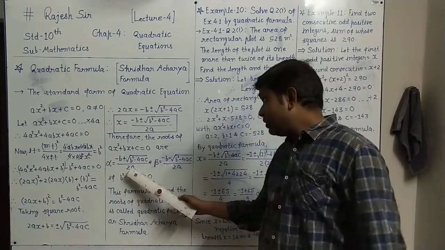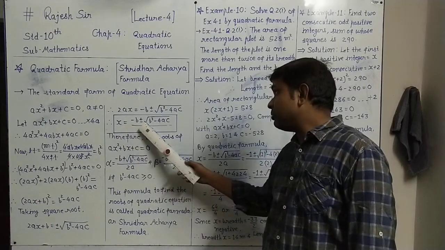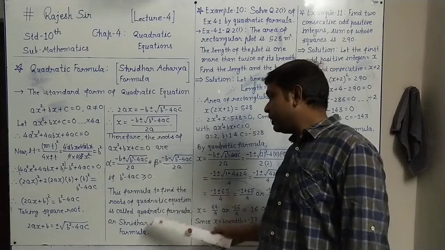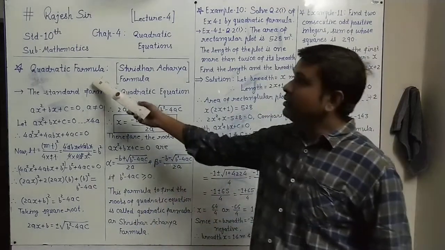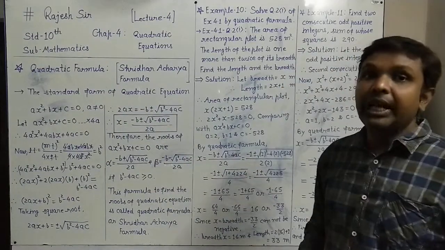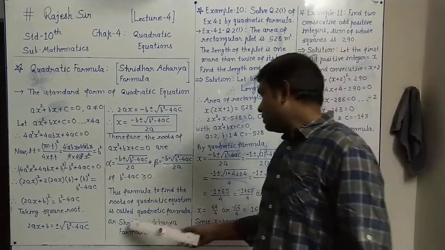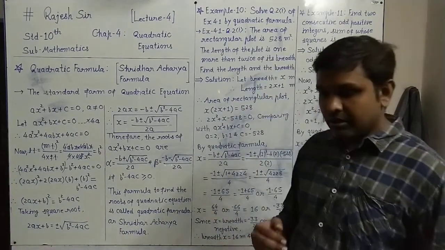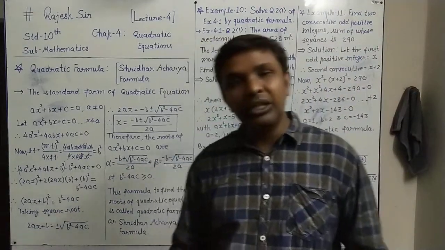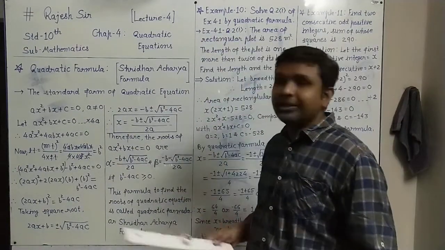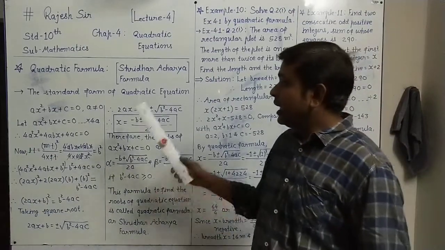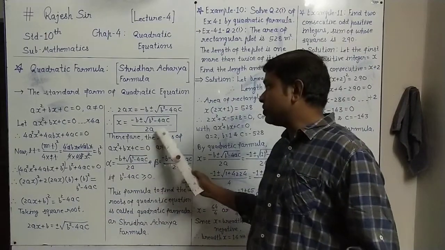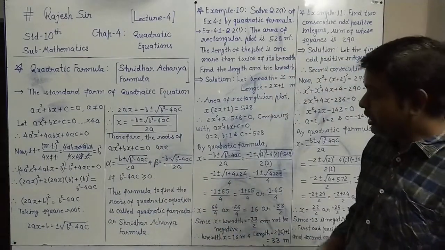Now this formula to find x, equals minus b plus or minus root of b square minus 4ac upon 2a, this formula to find the roots of a quadratic equation is called the quadratic formula. So this way we have derived the quadratic formula, and this is also called the Sridhar-Acharya formula. In fact, in the exam it is asked, derive the quadratic formula, for 2-3 marks. You have to go this way, taking the standard form of the quadratic equation and using the method of completing the square, you can get the value of x this way in this expression, and this is called the quadratic formula or Sridhar-Acharya formula.